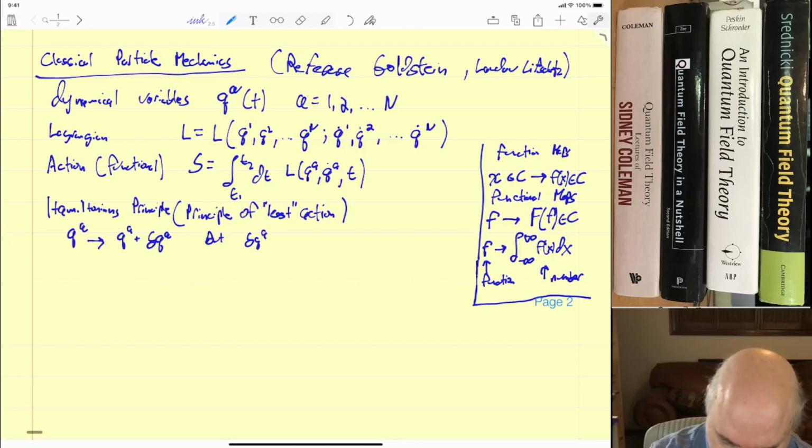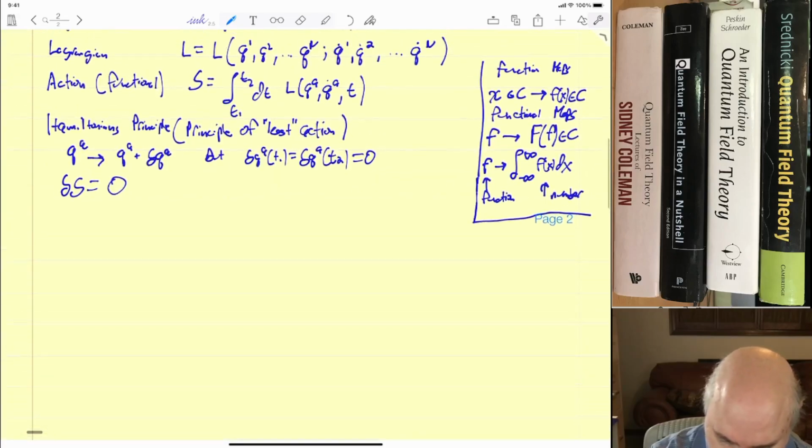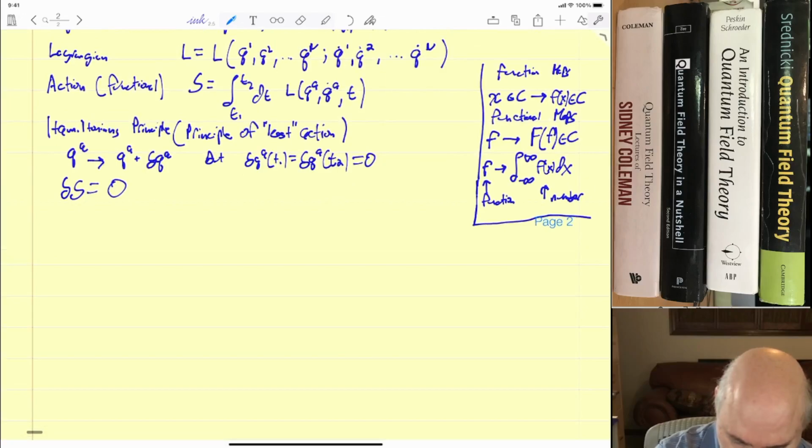So del q^A at t1 equals del q^A at t2 equals 0. And under this transformation, we need to have del S equal to 0. So that's Hamilton's principle. And now let's calculate it. So del S is equal to the integral from,